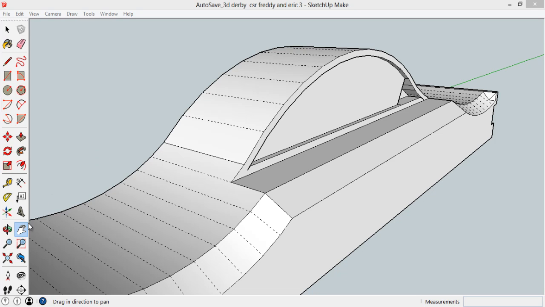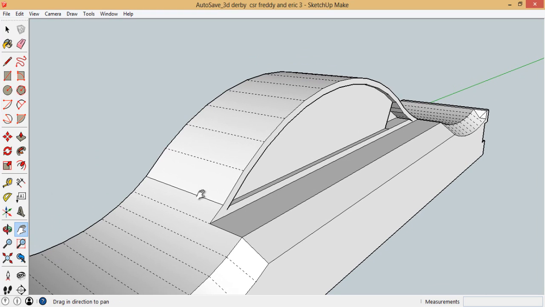So one more time, just to walk you through those steps a little bit faster. You're going to start by taking one of the edges. It's good if it goes all the way around. Control C, Control V, and then paste it. Since this is half of the car, this side I don't need this edge on. I only really need it on the side that has the other window, just to make sure it doesn't pull